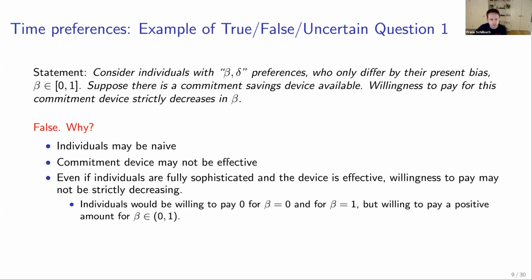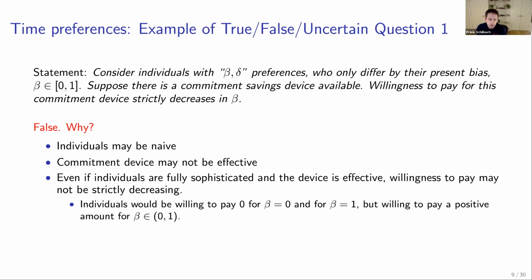Ideally, provide us a somewhat detailed explanation. So ideally, if you think it's false, providing several examples should be better than just one. In this case, why is it false? Well, individuals might be naive, right? In particular, if people are fully naive, they will not be willing to pay for anything for commitment devices. So regardless of beta, willingness to pay will always be zero, so it will surely not decrease in